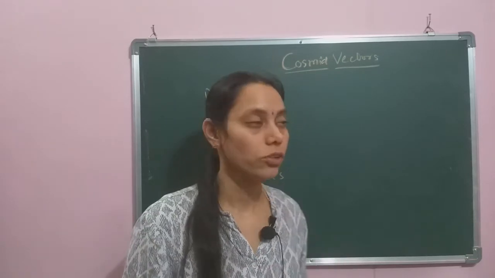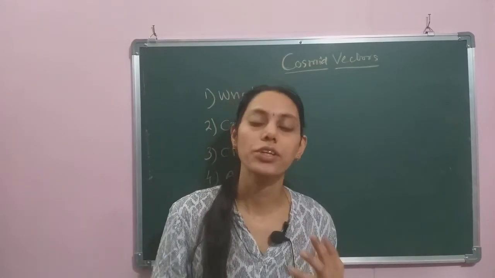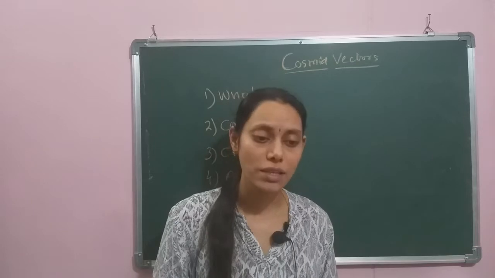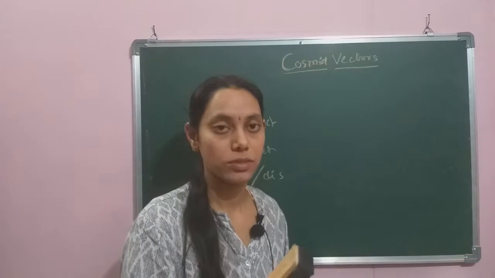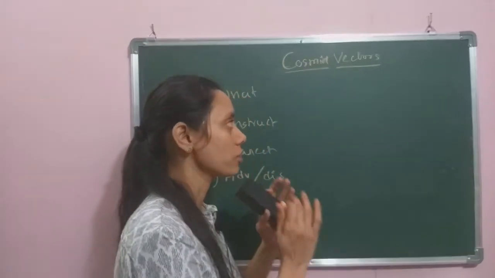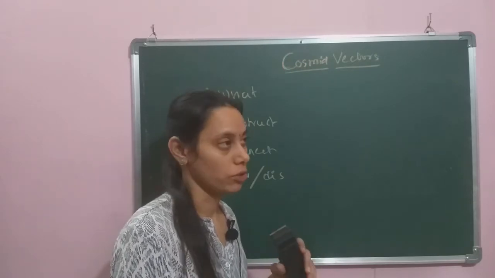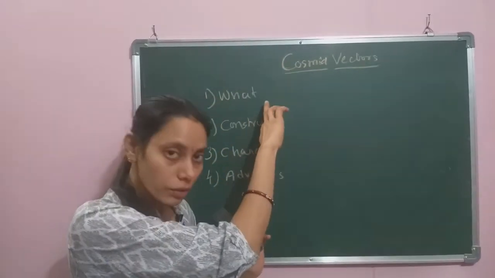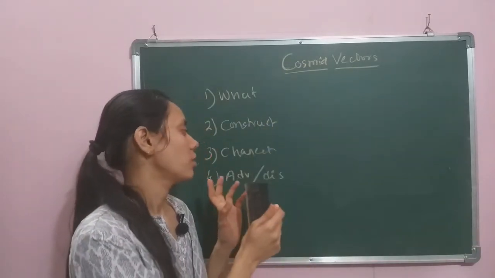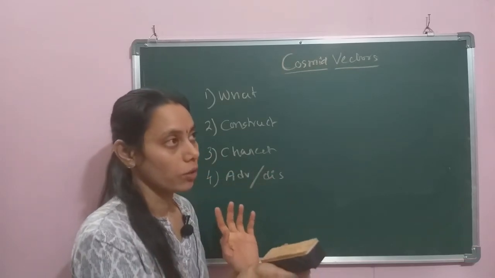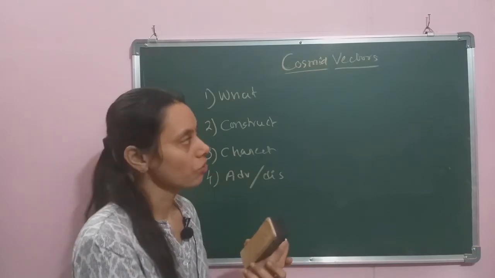In this video, we are going to discuss cosmid vectors. In this series of videos, we have been discussing different processes in genetic engineering. So, as a part of different vector systems, here we are going to discuss cosmid vectors. Basically, we are going to describe what exactly cosmid vectors are, how we construct one such recombinant vector, and what the basic characters present on the cosmid vectors are, followed by the advantages and disadvantages of cosmid vectors.